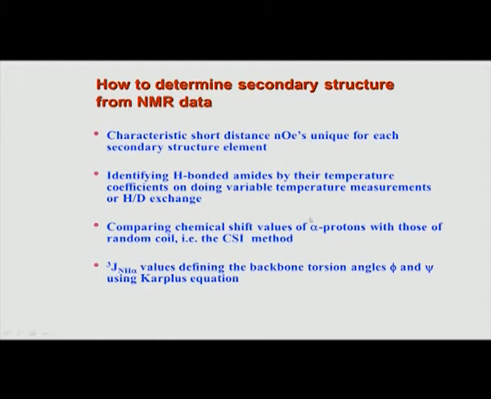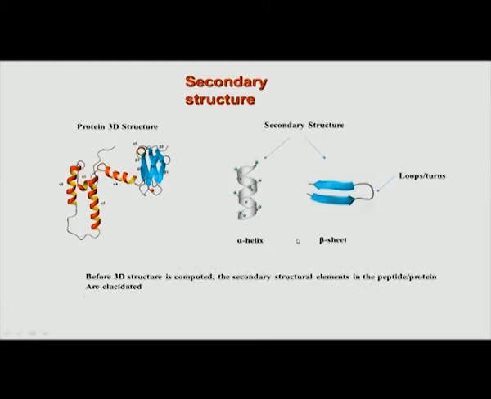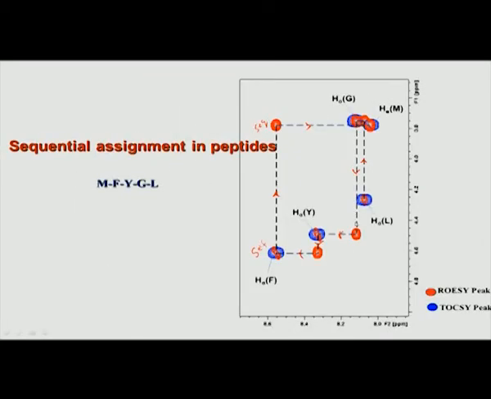The third is to look at the chemical shift index. So, what is chemical shift index? This is called the CSI method. Chemical shift index basically is the following. Once you have assigned the alpha proton, let me go back to the NOESY spectrum here. These blue color peaks that you are seeing are called H alpha. If you look at a horizontal line, this is 3.8, this is 4.3 and so on. Now, this chemical shift value for alpha protons depends very much on the secondary structure.